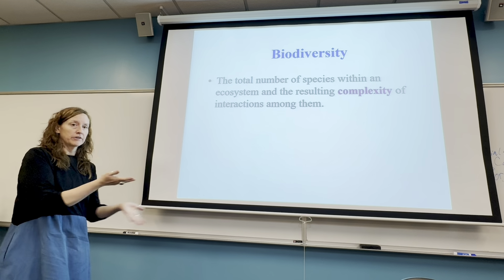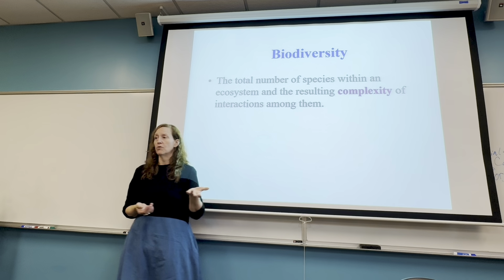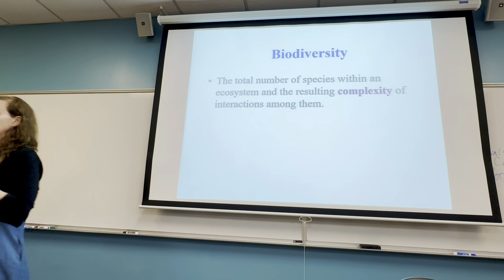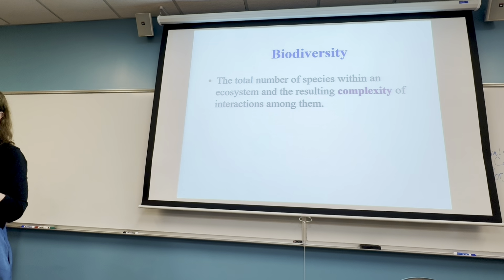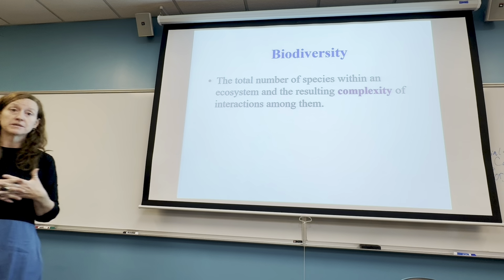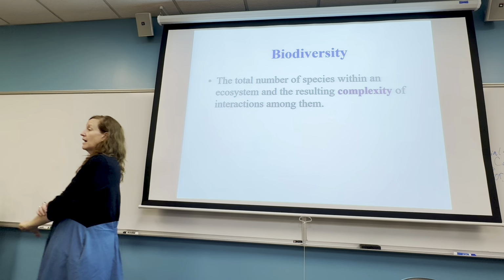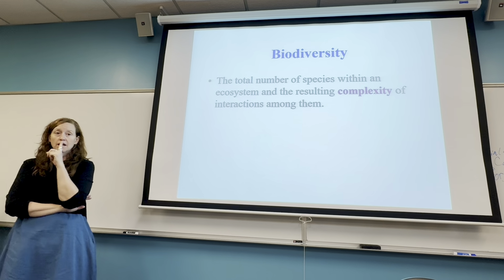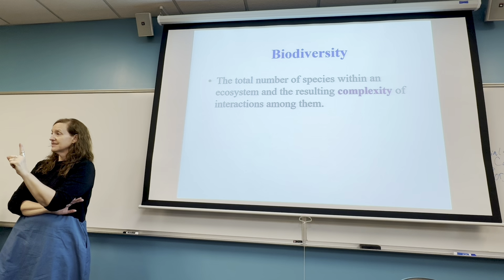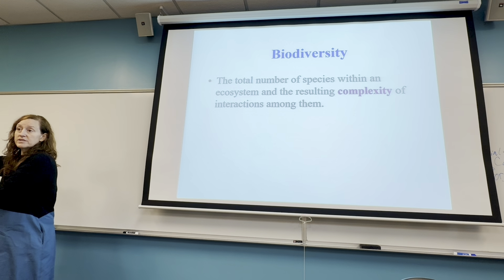So this kind of underlying current of biodiversity is not only just the amount of species, but the idea of biodiversity is super complex in that organisms do not exist in isolation. They exist with the interaction of other species. And so if we're looking at an ecosystem that's super biodiverse, what that means is that you have great interactions amongst all of the species. If you look at an ecosystem and the biodiversity starts to go down, what ecologists will do is they'll start going, what's missing? What species has been affected that has caused a chain effect on the rest of the species?